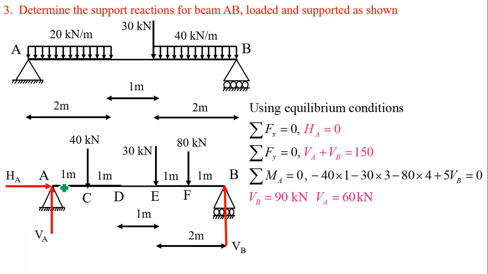So now draw the free body diagram, releasing the supports by showing the unknown reactions. At A, hinge support, two unknown reactions HA and VA. At B, one unknown reaction VB or RB. Then a 30 kilonewton load at 3 meter, which is shown as it is over here. Next, these UDLs given, 20 kilonewton and 40 kilonewton, we have to convert into point loads.